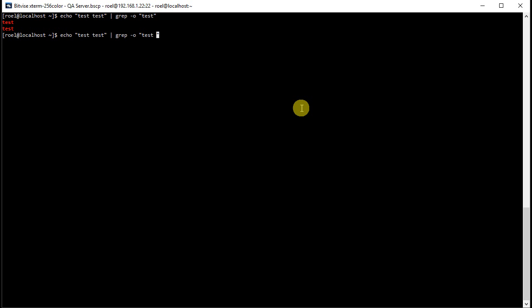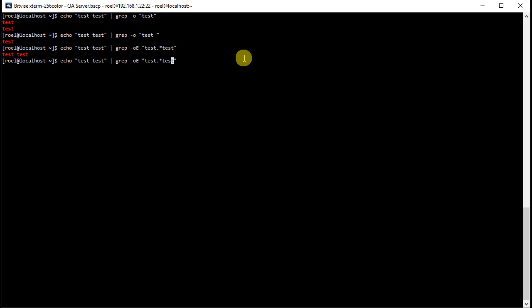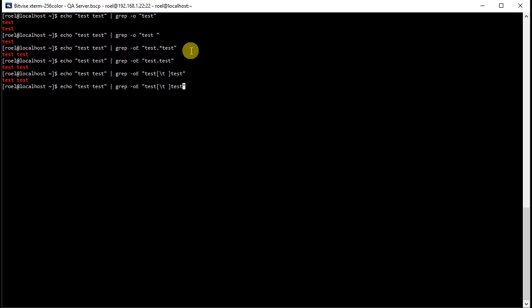So in this example, it's taken the word test and grabbed for that, and so if we insert a space here, it will only grab the first section because it's only seeing this once. So let's see if we can use a regex here. I'm adding this to make sure that my syntax matches correctly. Okay, so here we've used the regular expression again, any character 0 or more times, and we can say 1 character because we know that it's just a space. We could say a tab or a space, would still work, 1 or more times,